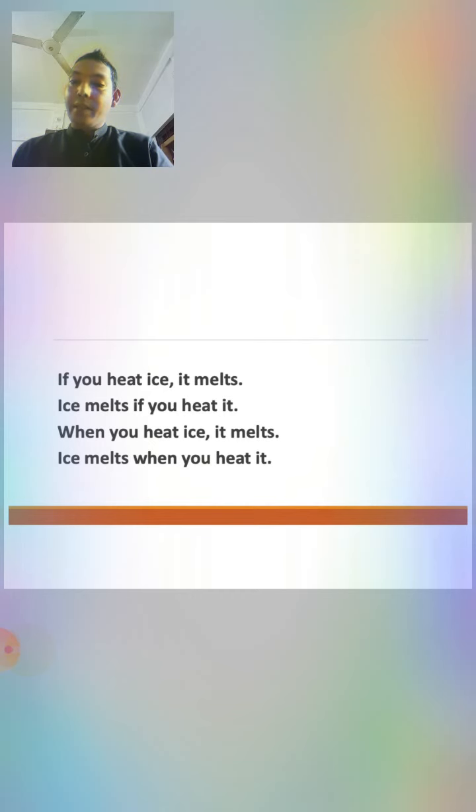So we can see those examples carefully. How can I make this sentence also? You also should remember one thing about the comma. If you use if in the middle of your sentence, you don't need to put a comma. If you use if in the first clause at the beginning of the sentence, you need to put a comma between the two clauses. So